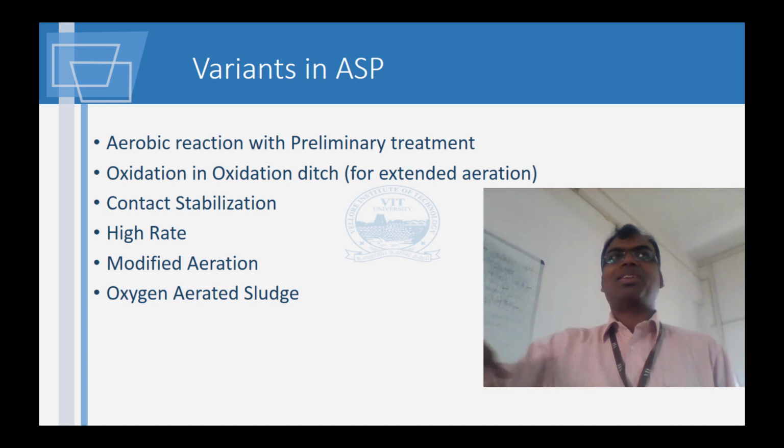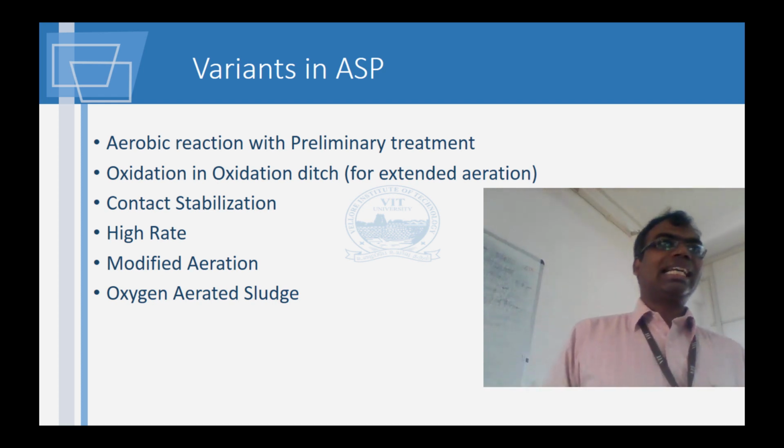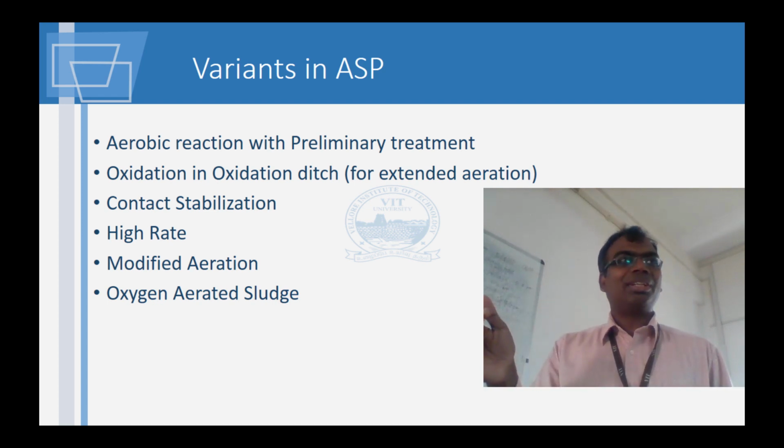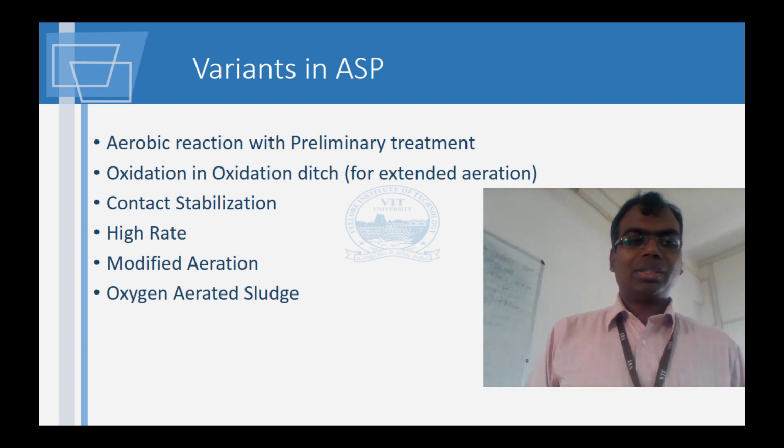Makes the water go round and round, so that it has an increased contact time. Okay, so this is something which you add to your activated sludge process. Okay, and then